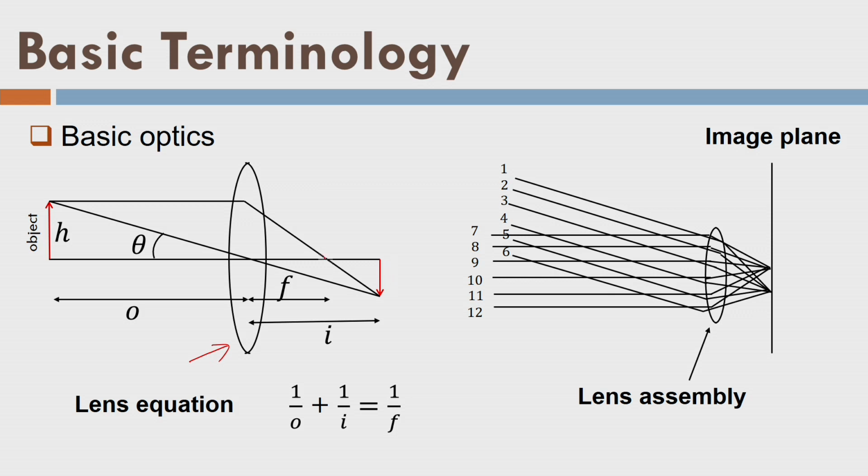So the distance between this focal point, this lens, where rays are converging from this point and rays are converging here, this distance from the center of lens is called focal length. And from this point, if I go towards the object, this is called distance O here, and if I go towards the image from this point, it is called I, and then I can write this famous lens equation like this.